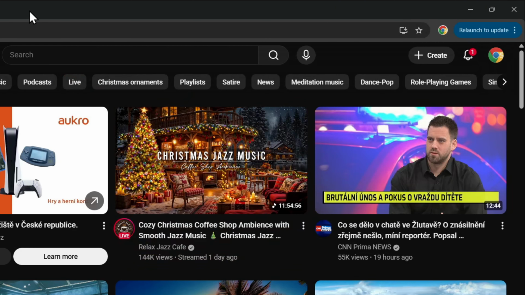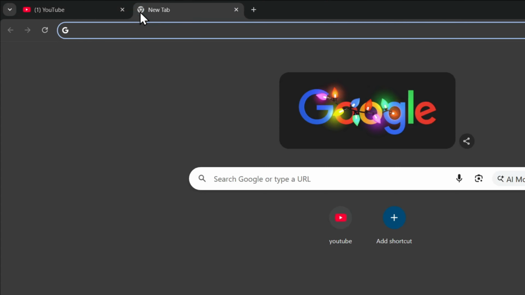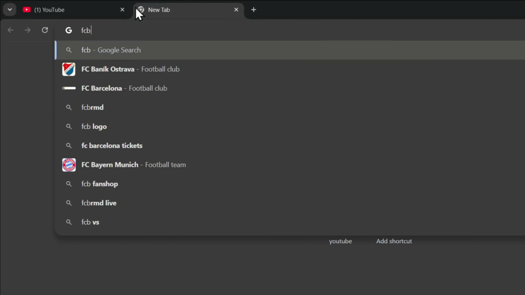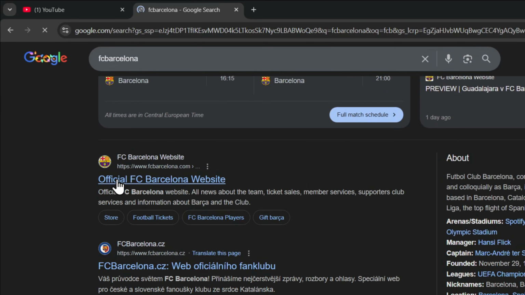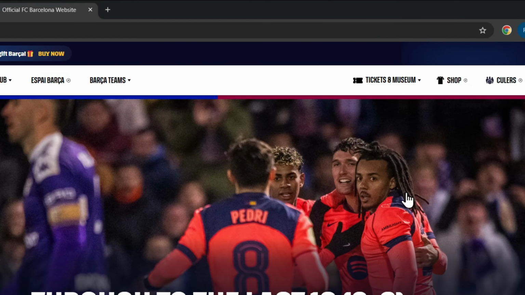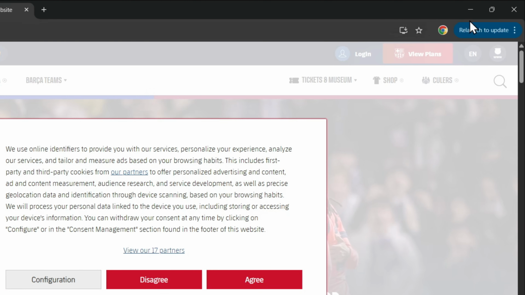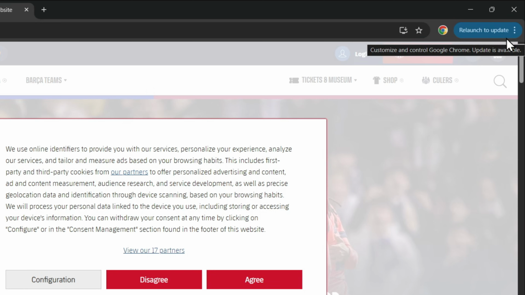Alternatively, it could be whatever website. I'm going to use, for example, fcbarcelona.com, right? I'm going to head over to their official website because I'm a Barcelona fan. And so you head over to the website, and what's going to happen is that if you don't see the icon here that you can download,